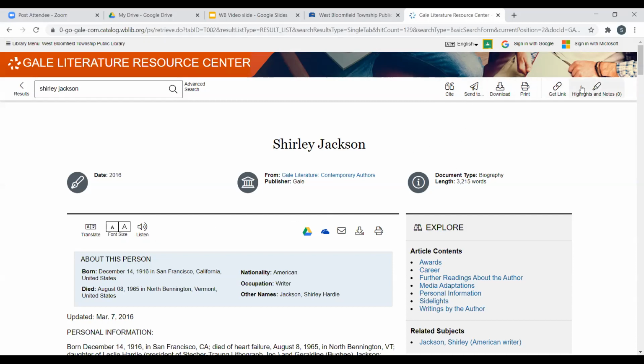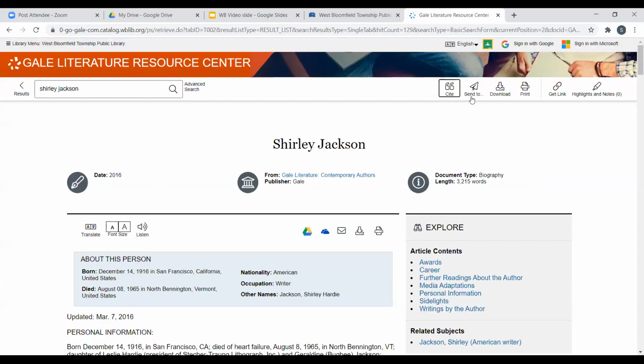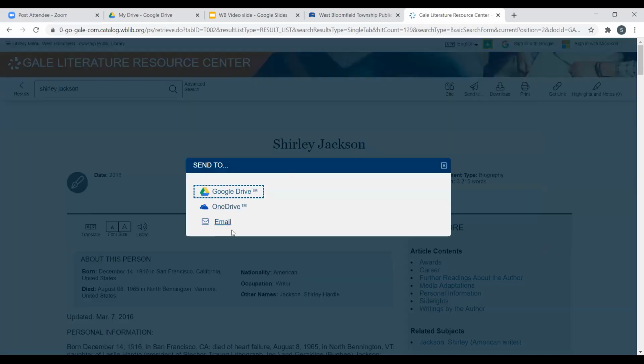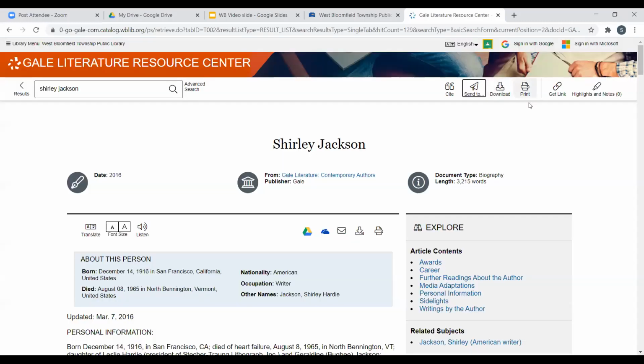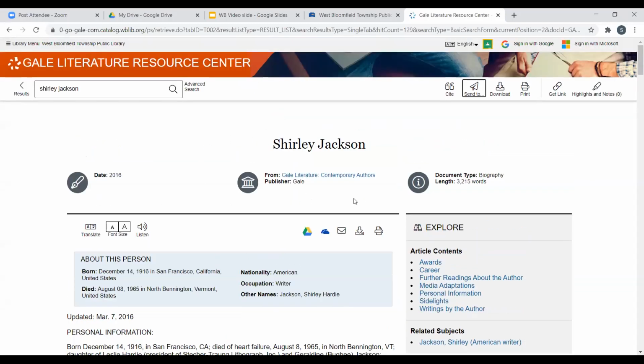Up here at the very top right corner, again, we have some redundancy here. So if we click on cite, it will again give us the citation if you needed to use that in a bibliography. You can send it. Again, if you click send, you have Google Drive, OneDrive, email, download it, print it. You can get the link if you need to paste a link to the specific article somewhere. And here's where if you highlight stuff or write notes, you can access those there. So that's a general sort of basic search. And then if we go back,